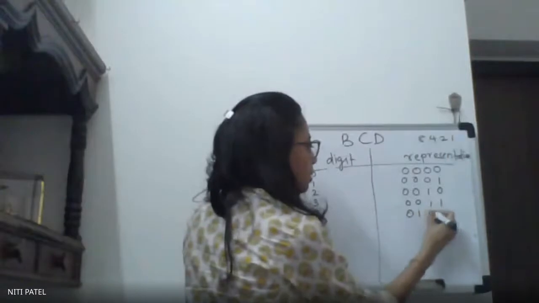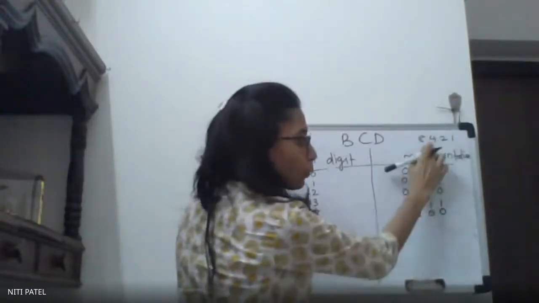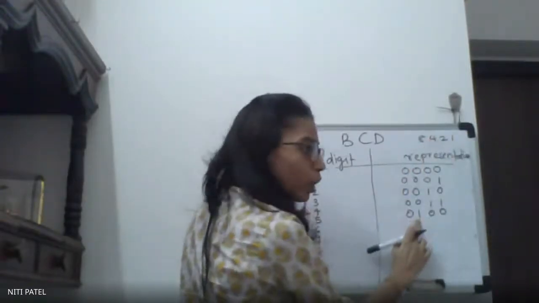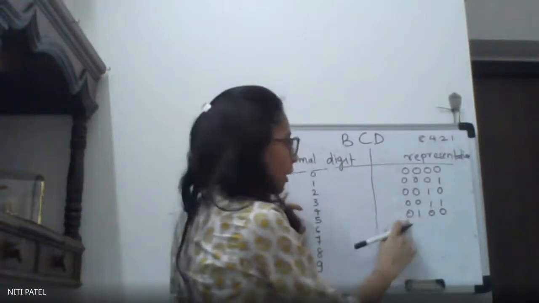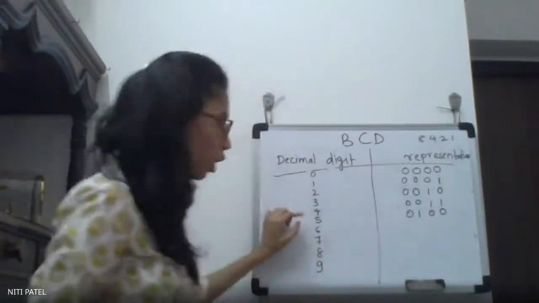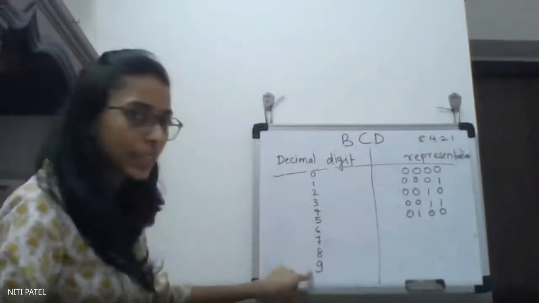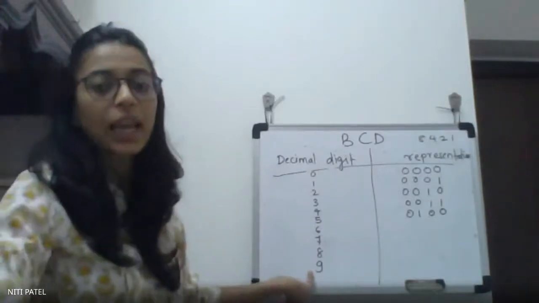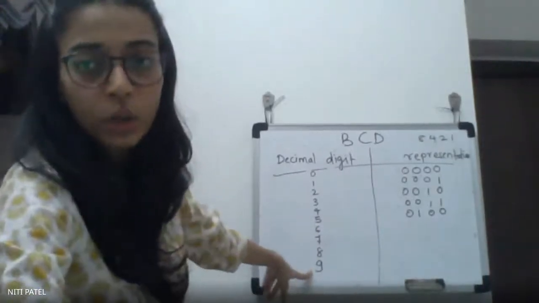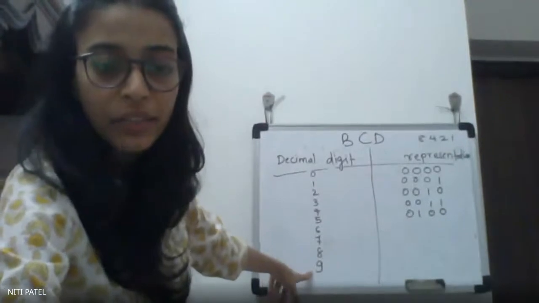Can you give me the binary equivalent for this decimal 4? 0 1 0 0. Okay, correct. Why? Because I have the number 4. So wherever I have that number 4, I will mark it as 1 and the remaining will be marked as 0. Now I want you all to complete it till 9 and then I'll ask you the answer. Write it in your notebooks for 5, 6, 7, 8 and 9.